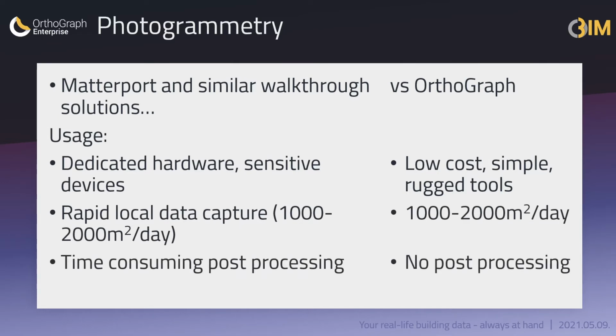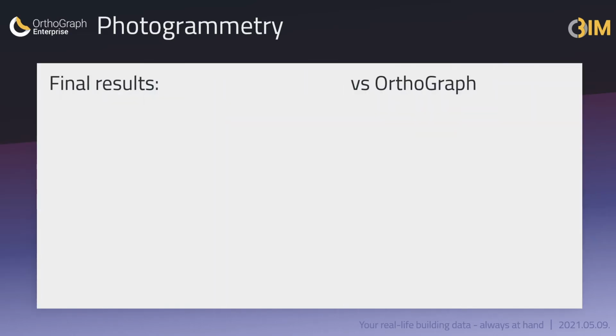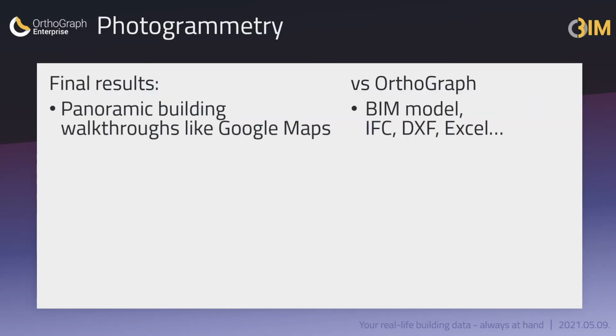Still, they need a lot of post-processing, and to get out some calculated data, floor plans, which we know already from the laser scanning solutions, is a hell of a lot of work. What's the output of photogrammetry solutions? First of all, the amazing Google Maps-like panoramic photo tours, sometimes dollhouse views that are great for selling an apartment or a family house. Orthograph's 3D view is also nice, but it's more for technical use than for the beauty